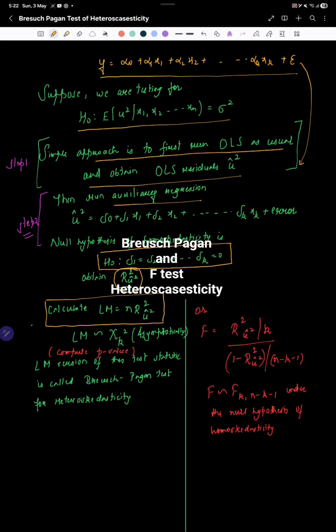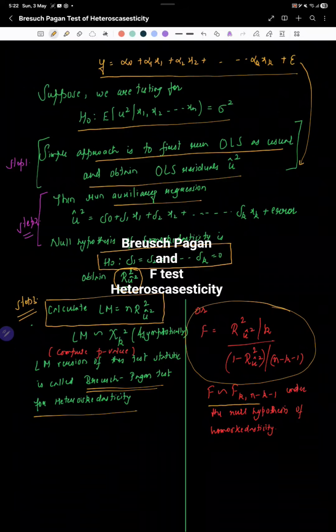Okay, and similarly, you can go with the LM stat, and the LM stat version of this statistic is termed the Breusch-Pagan test of heteroscedasticity. And you can also calculate the F test version of this statistic from this R square by calculating this, and this is F distributed with k, n minus k minus 1 degrees of freedom under the null hypothesis of